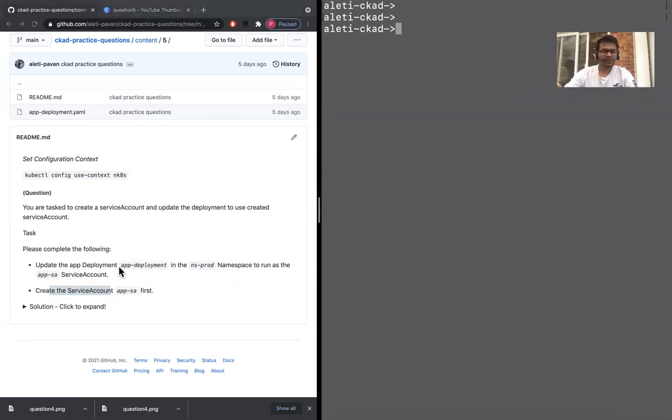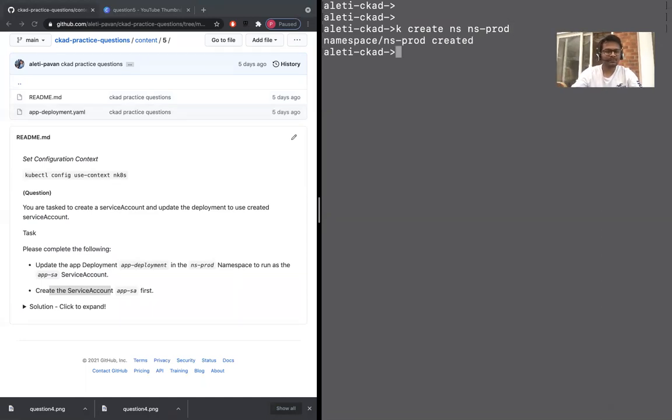Okay, so first thing is we need to make sure the ns prod namespace and app deployment exist. If it's in the exam, probably they would have already been created, but here, if you wanted to work on this particular thing, it's not part of the exam question, but I'm just making sure that I have things in place. So k create ns prod. You can write namespace or ns. I'm comfortable with ns. So k create deploy, the name of the deployment,